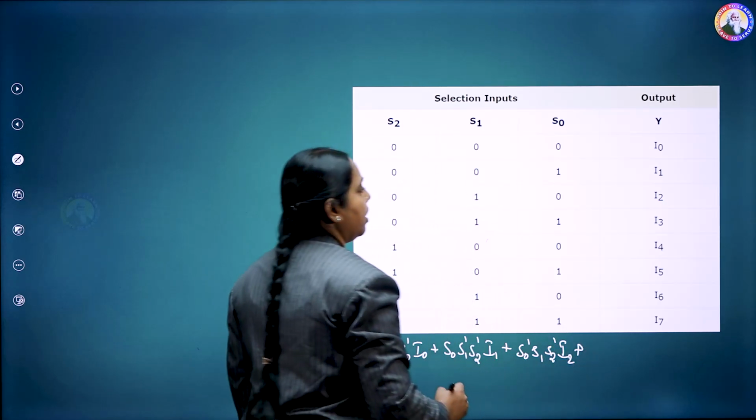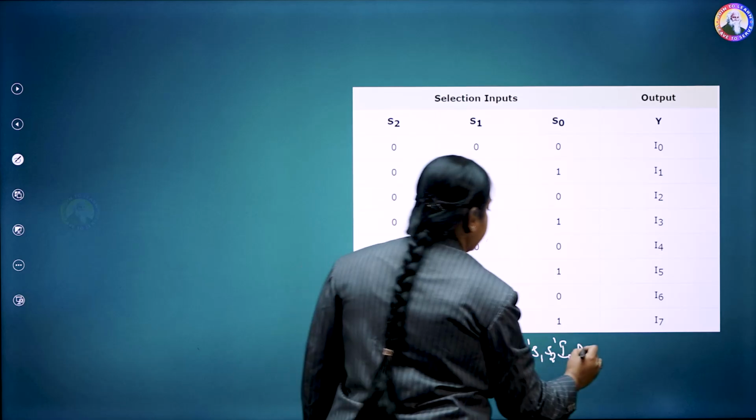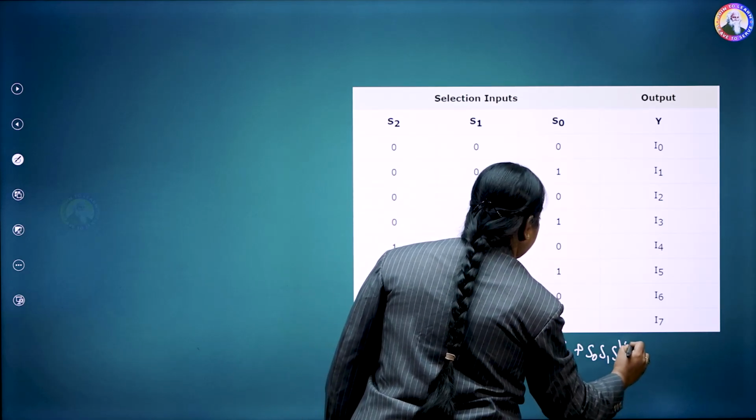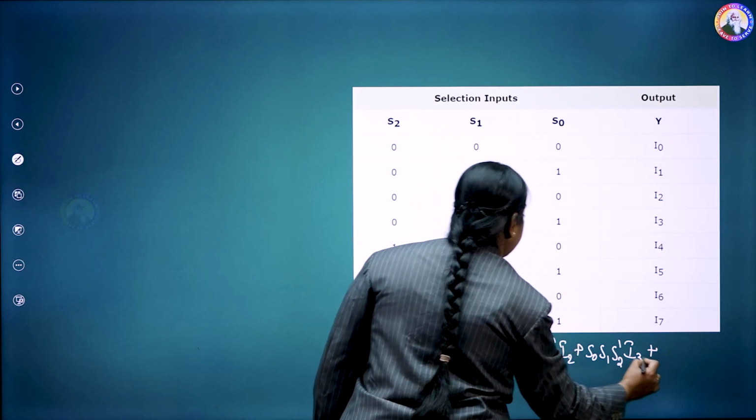So, with respect to the input I3 it is S0, S1, S2 bar, I3, plus with respect